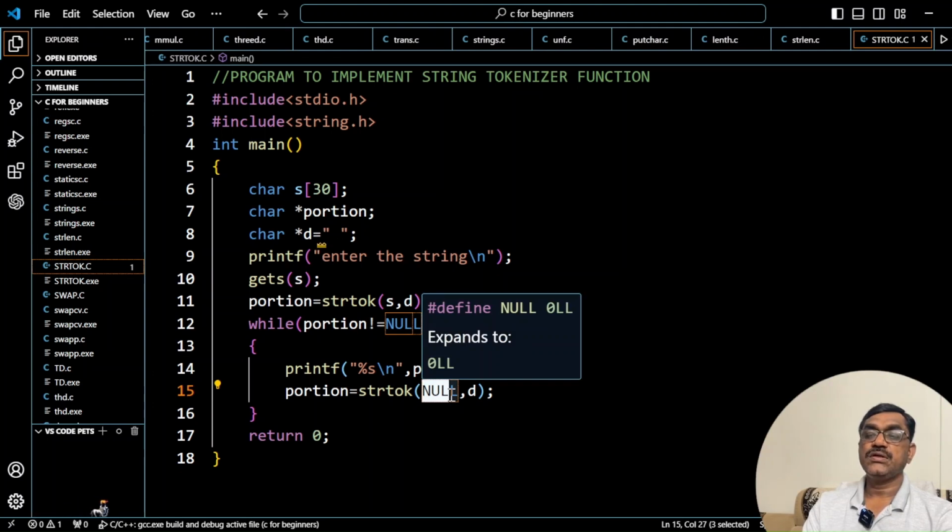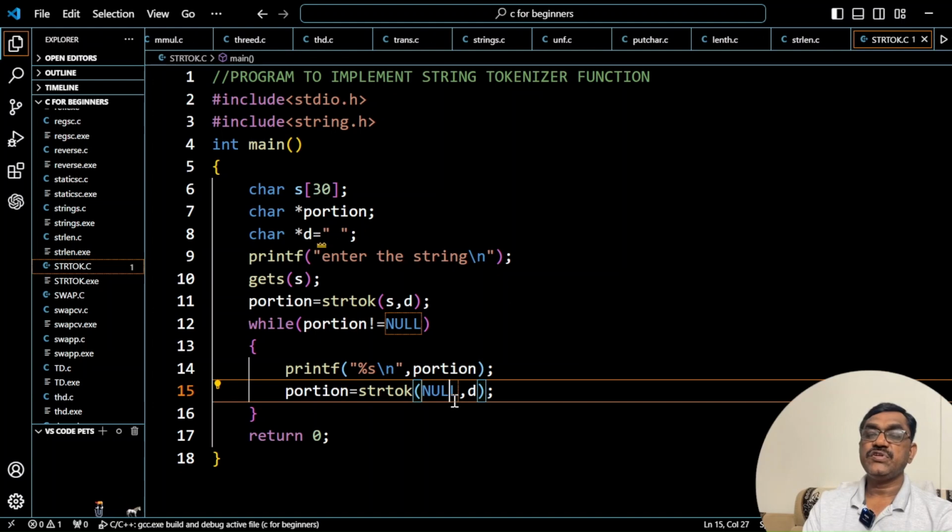You have to apply the string tokenizer to the earlier string. So here no need of mentioning s. Don't mention s. If you mention s, what happens? It takes the original string. We don't want to take the original string. Already hello is completed. The remaining string from s we have to take. For that, you just write it as null, which indicates that